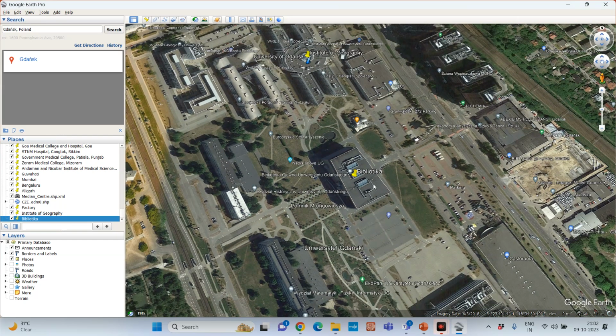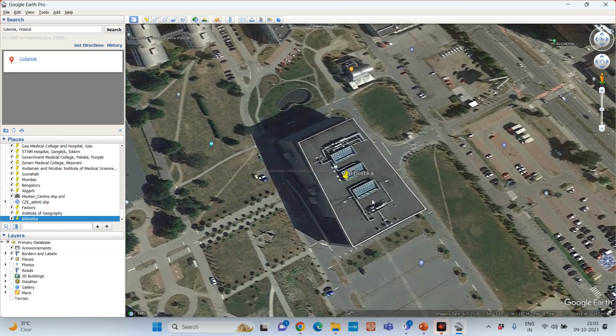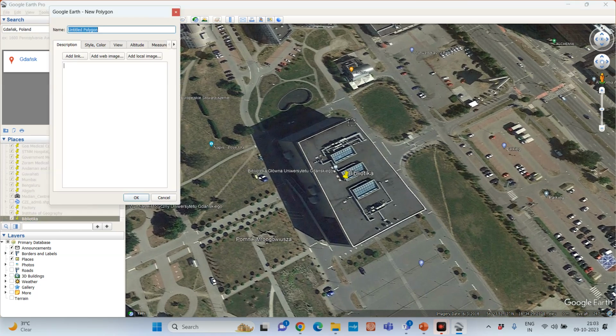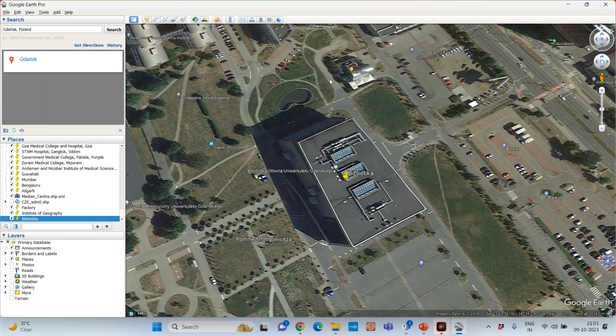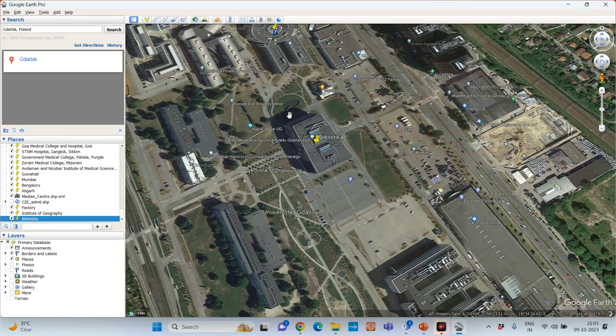And if you take it as a polygon, meaning you want to calculate the area, at that time you need to draw the polygon. Polygon means the boundary. You just need to create the boundary. Then this is a polygon. From that you can calculate the area and so on. So you can analyze the total building area, total park area, I mean total free space. And the third one is the